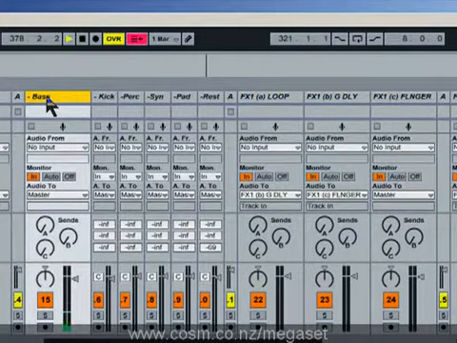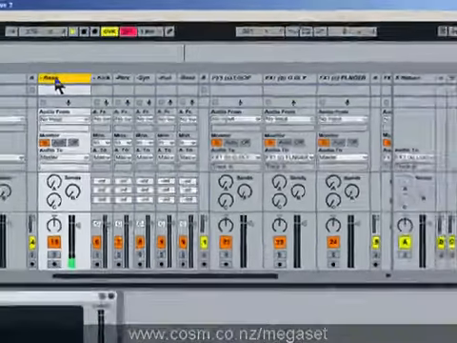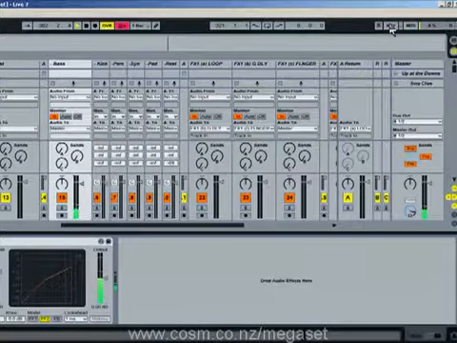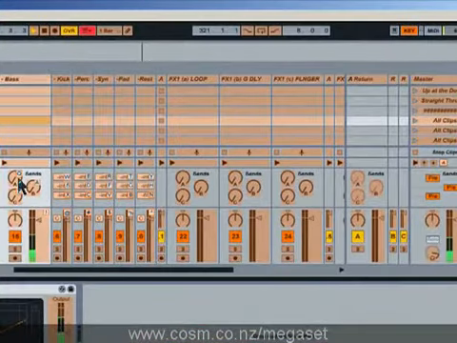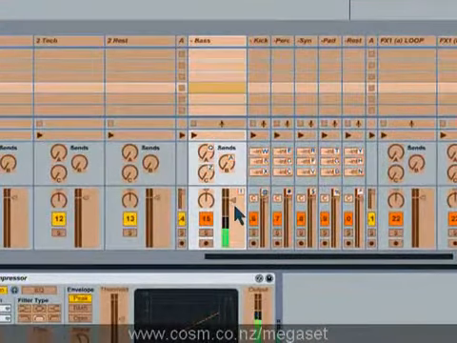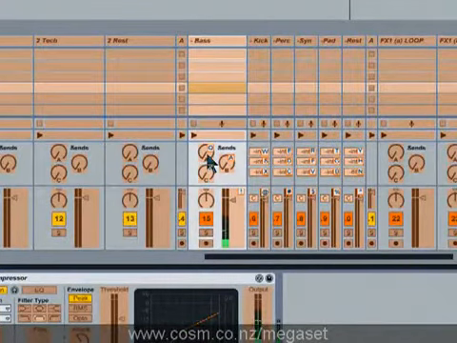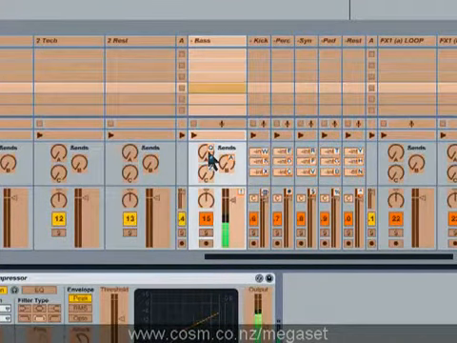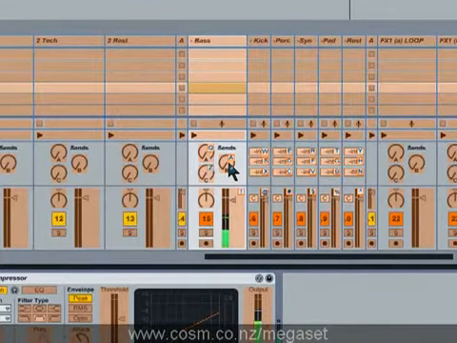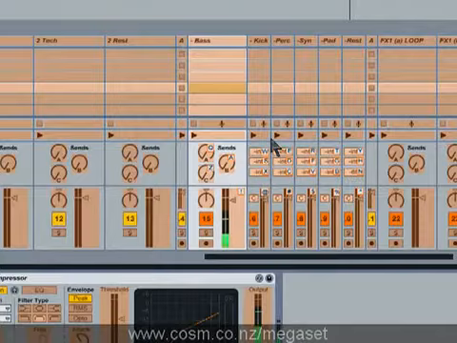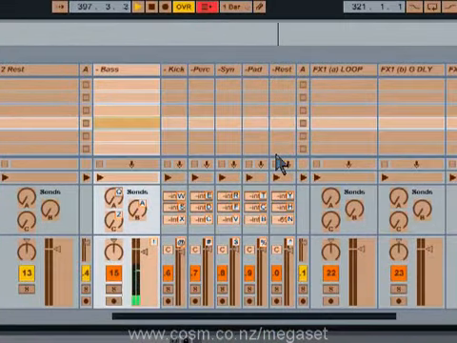What I'm going to do is push a combination of buttons which I've assigned to send A and the volume at the same time. If I go into the keys, you can see I've assigned an exclamation mark, which is shift 1, to the volume, and capital Q to send A. So capital Q is just below exclamation mark, A is just below Q, and Z is just below A. So if you look at your keyboard and look at the 1 key, the 3 keys underneath will send the audio to the 3 different sends, and the actual 1 key will turn the volume off